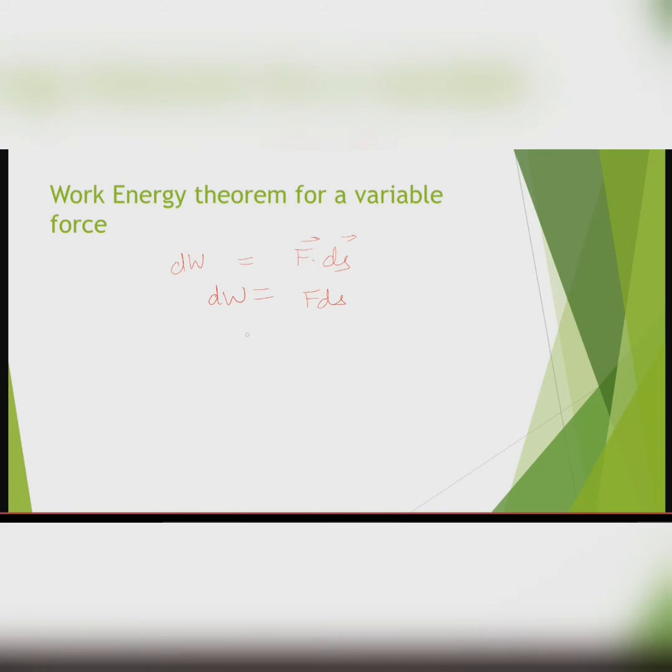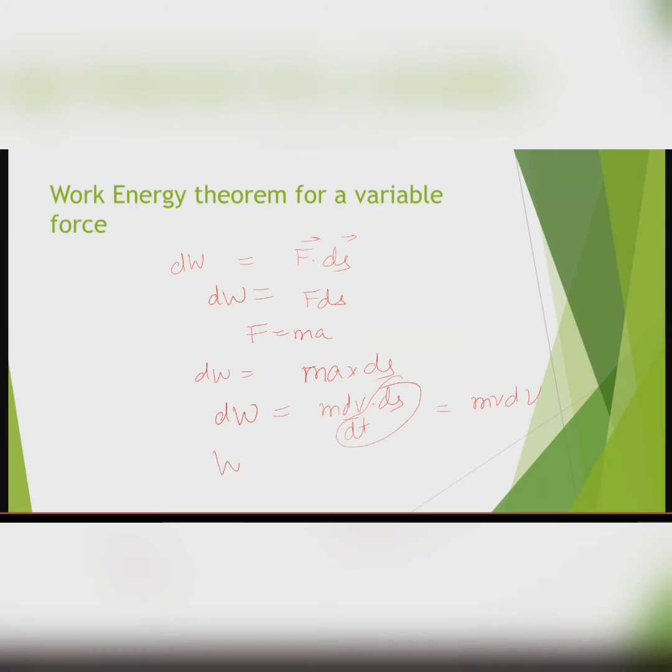So then I get force as mass into acceleration. I can put it here. Essentially, if you see, I'm reducing it to the derivation for kinetic energy we did just now. So I can write m into a into ds. Acceleration can be written as dv by dt into ds. So ds by dt becomes mv dv.